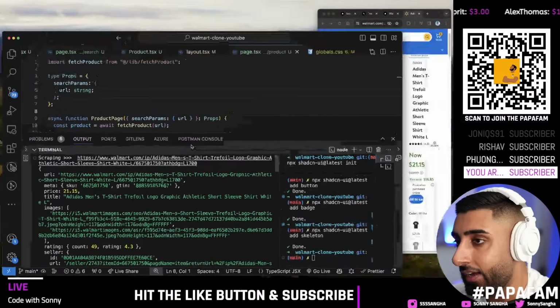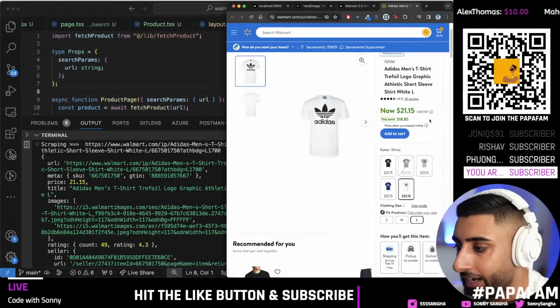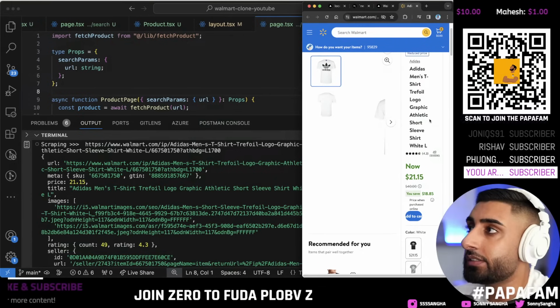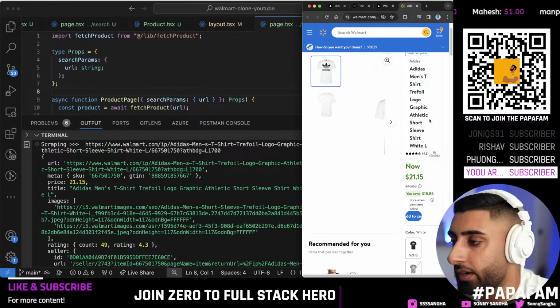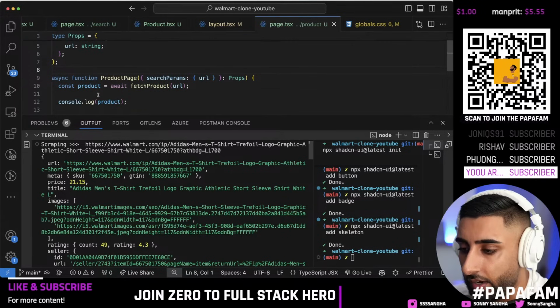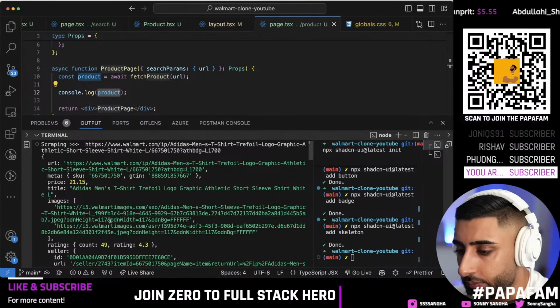If you're not seeing that the URL you generate reaches the actual Walmart page, then obviously your scraper will not work because it will not be finding the correct page to scrape from. Okay, so you need to make sure it's correct. And then obviously afterwards, if you've correctly fetched from your fetch product function, your product will then go ahead and